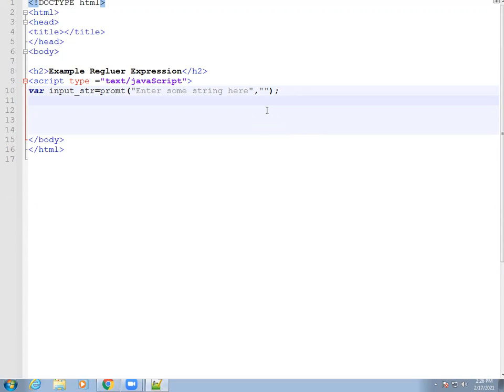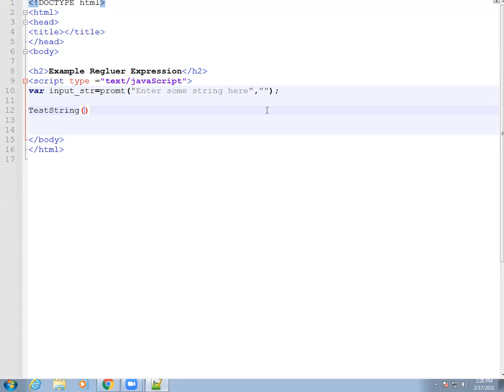So we want that string, and that's why we use the test function. This function is a method which checks the characters of the input string which we declared here.